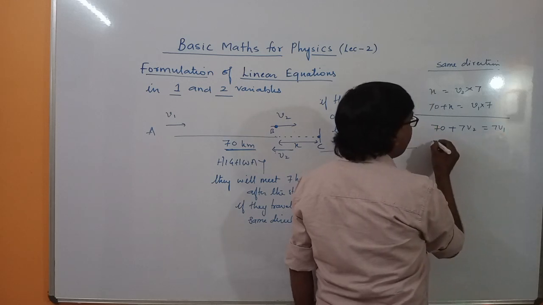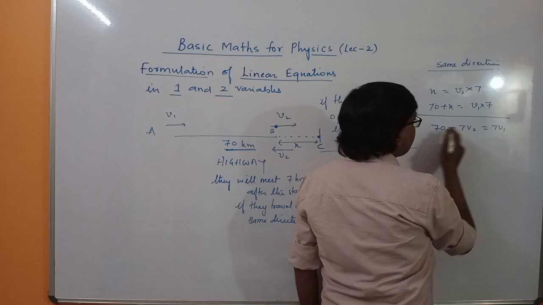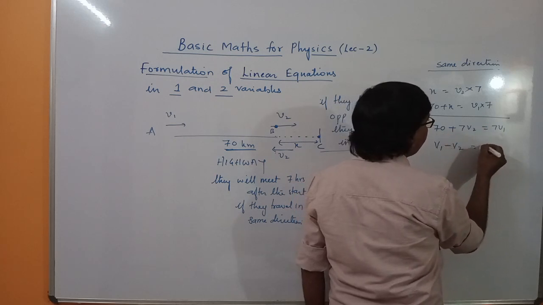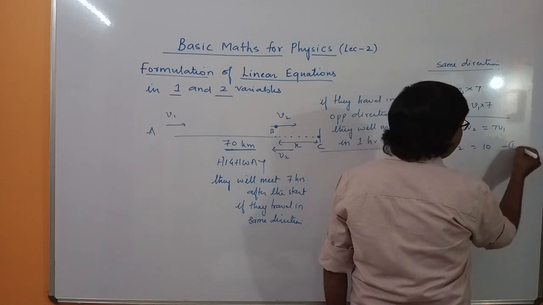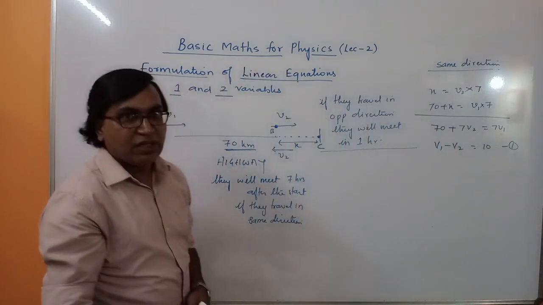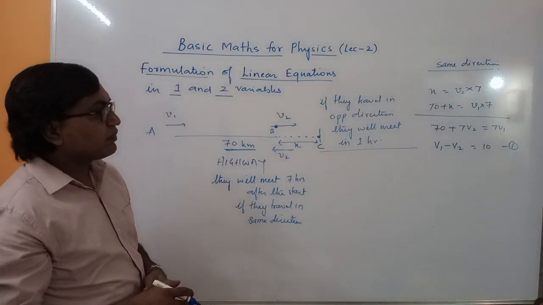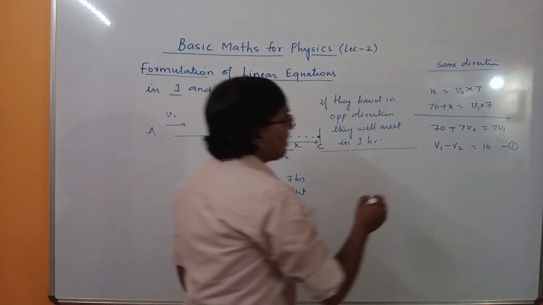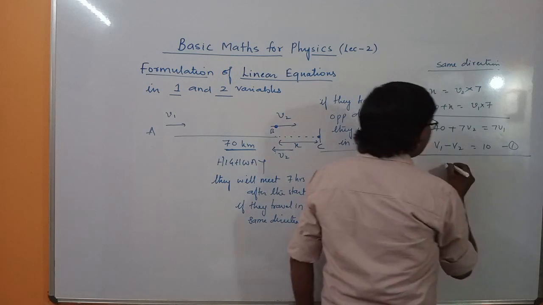So in equation 1, the 7 will cancel, so we will have v1 minus v2 is 10. So this is equation 1. Okay, so we need a pair of equations. We need one more equation. Now when they are traveling in opposite direction,